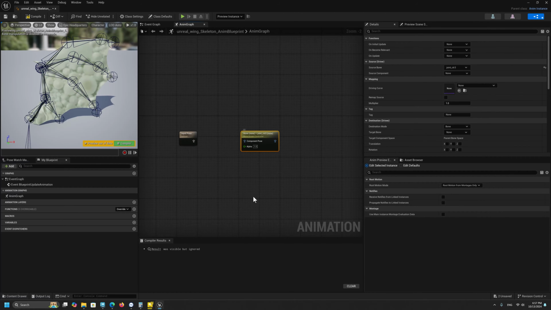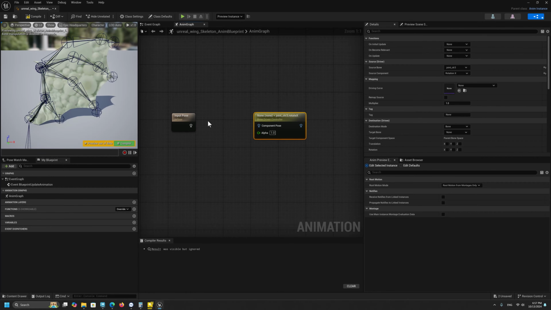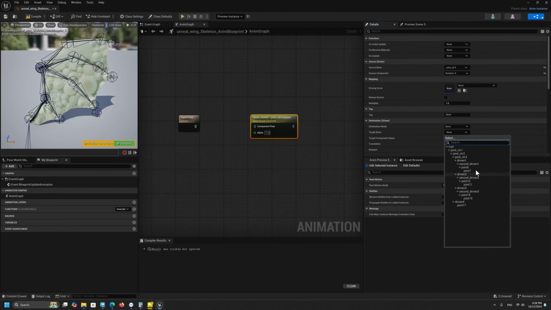So first let's fix driven 1. Source component, we select what is the source component. It's going to be all rotation, so we are going to select rotation. I know that some rotation has no change, but I'm going to select all the rotation because I want to keep it clean. So source component rotation X, and destination target is going to be